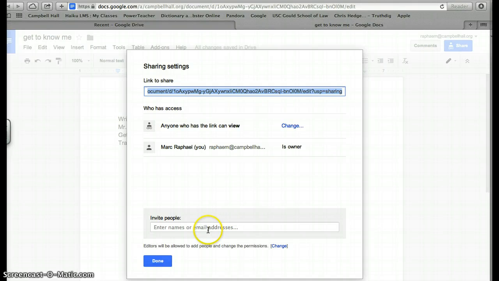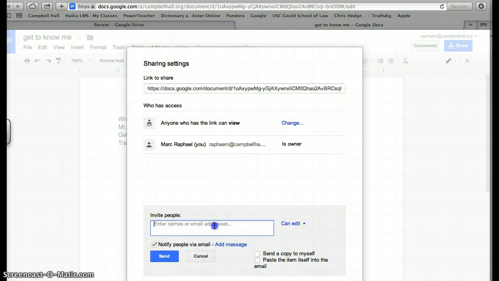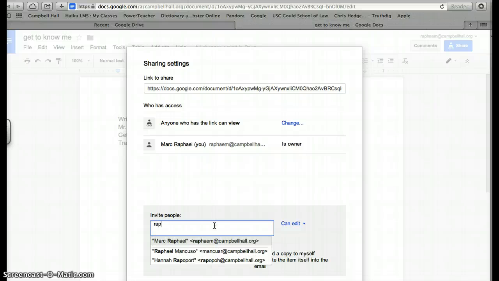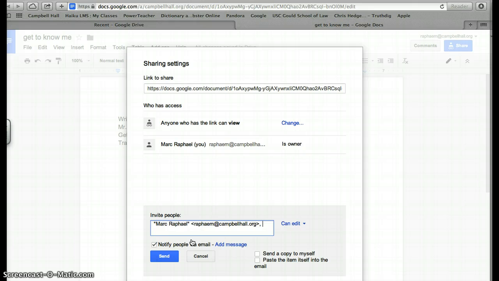So now what you need to do is down here in this window at the bottom, you're going to go ahead and type in the email address, mine and for your partner. So all you have to do is type usually the first 3 letters of the first name or last name, and a bunch of names will pop up. So my name is Mark Raphael, there's mine,